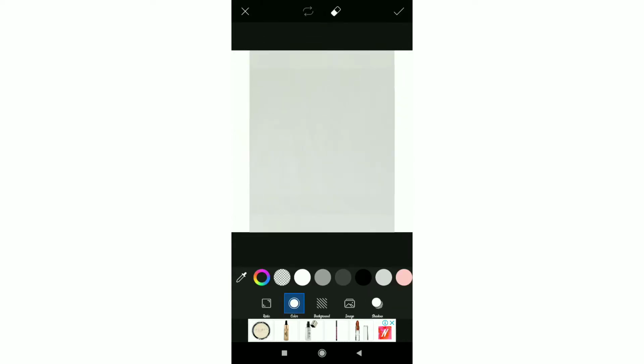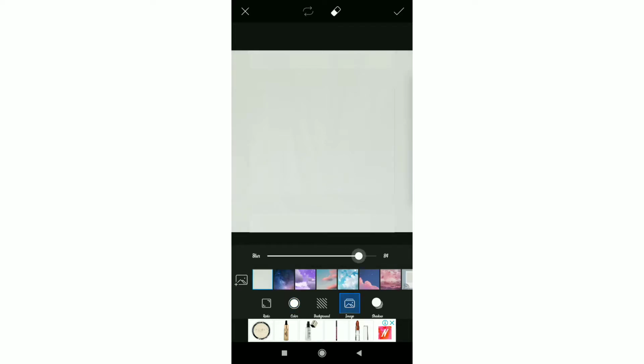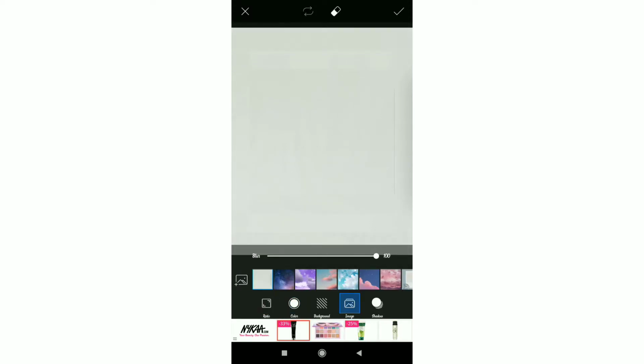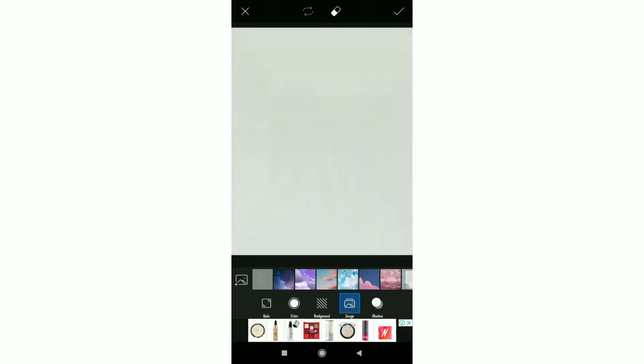Next I will go for a square fit and insert the same image. Now I'm going to do these steps, that is the square fit and the portrait fit, a multiple of times, at least 8 to 9 times, till I get the proper fit. So for the last time, what I will do is I will adjust the ratio to the Instagram portrait ratio, and I will be adding the original picture in the background.